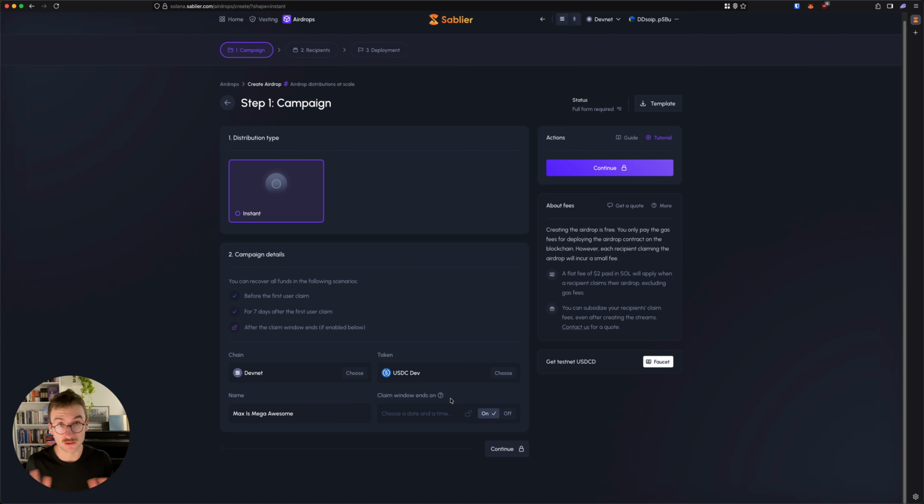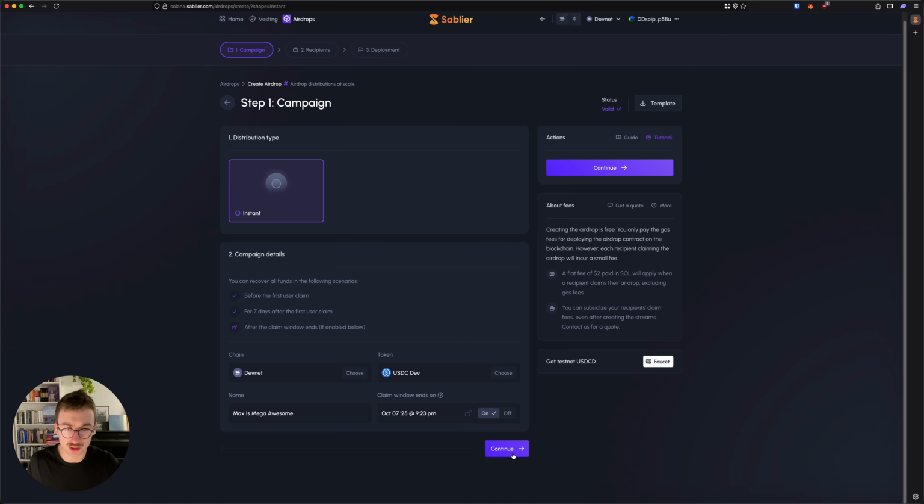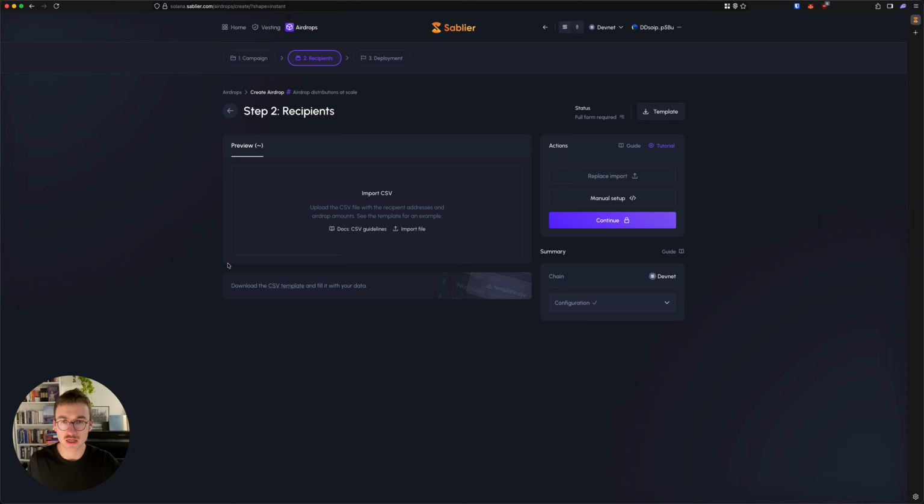But we give you control. If you don't want a claim window, you can turn it off. In my case, I'm going to put a claim window. I'm going to put it on October 7th, and we are going to continue. Okay, so as you can see here,